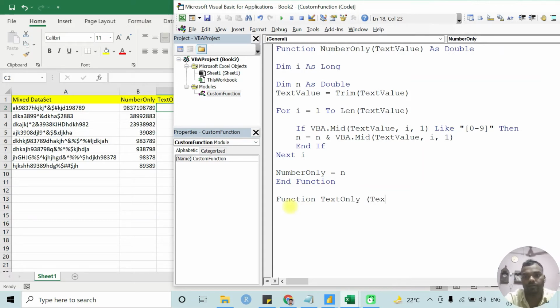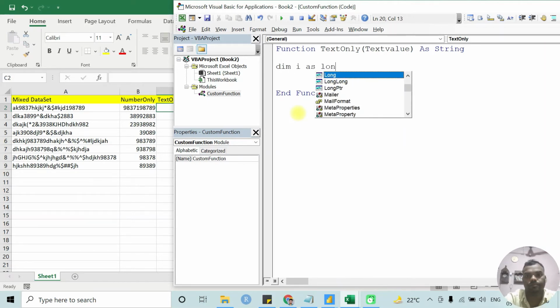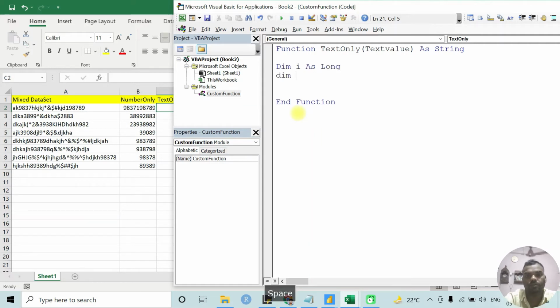Give it one argument, text value, written as a string. Same as before, I create two variables: one for the loop as a long, and one for collecting the text, so I give it t as a string.